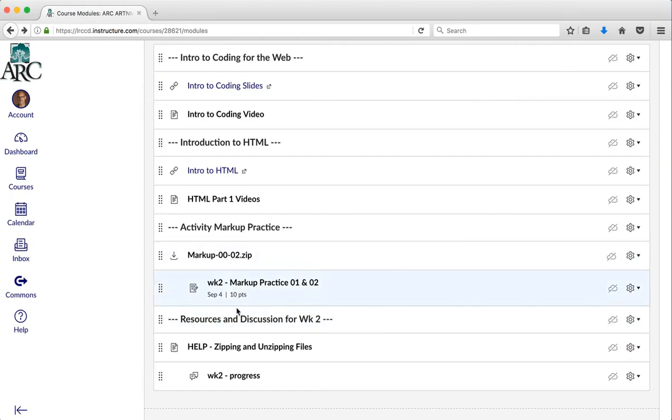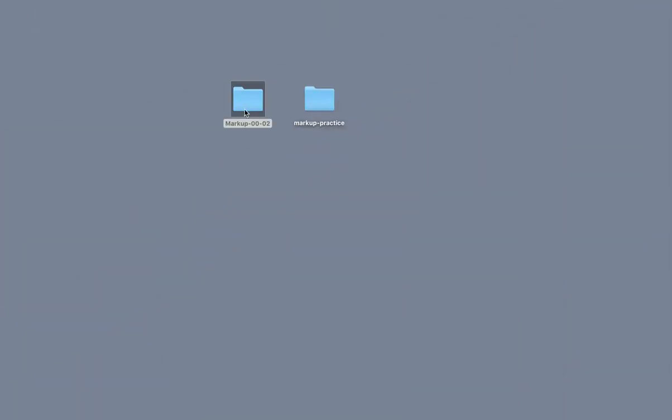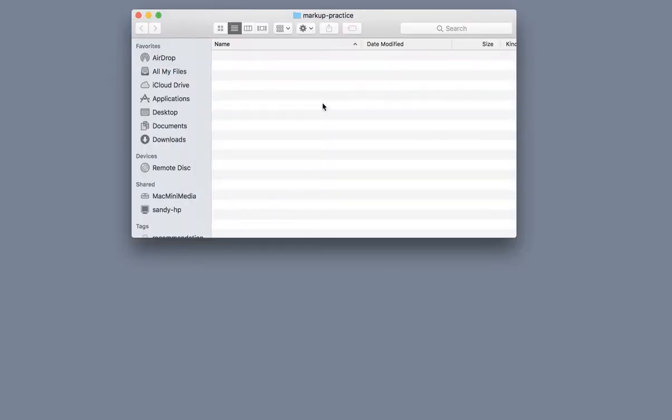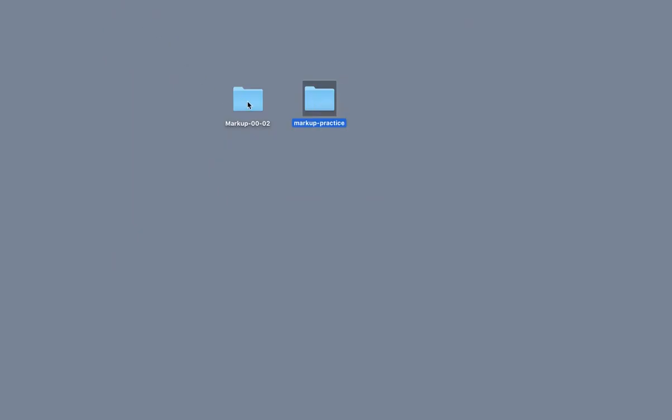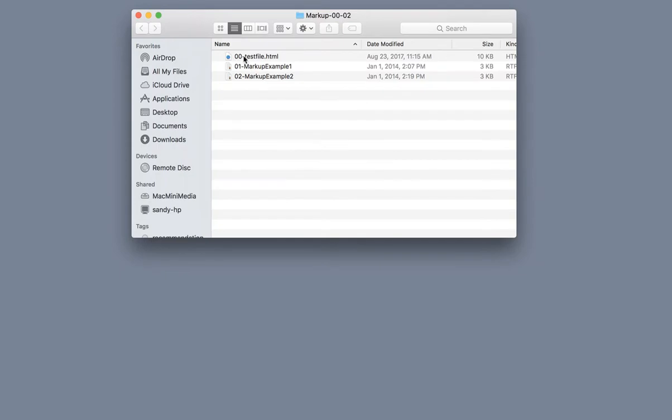So once you've downloaded this file and unzipped it, what you'll end up with is what I have on my desktop here, this markup 00-02 file. Over here I have just an empty folder for my files that I'm going to be making and I'll be putting them in there. Okay, so in this folder I have this test file. I'm going to open that up with Atom. I have it open over here,